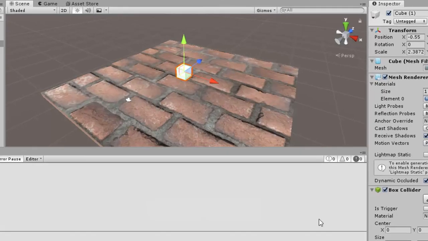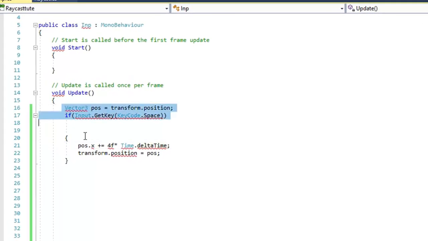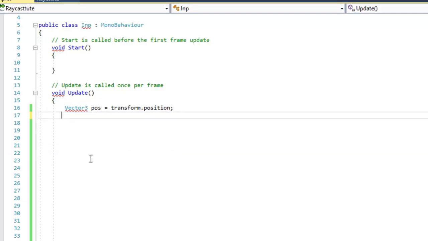So now we will use this function. There's no need of checking it, because unlike the GetKey or GetButton functions, it does not return a boolean value. It always returns the virtual axis value, which ranges from -1 to 1.